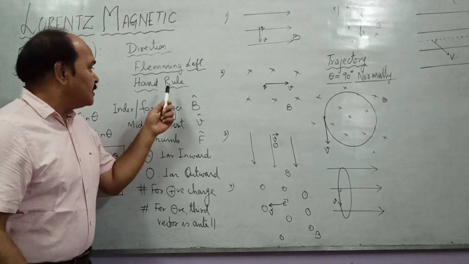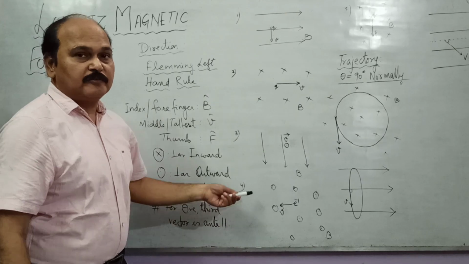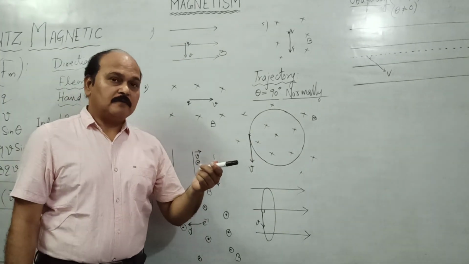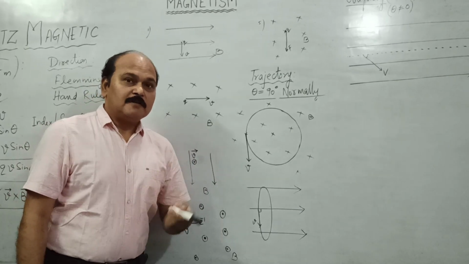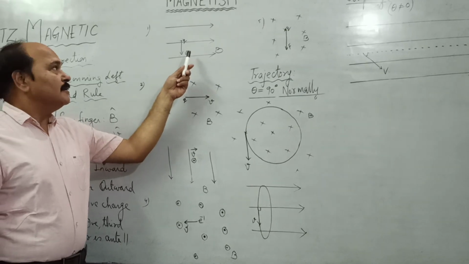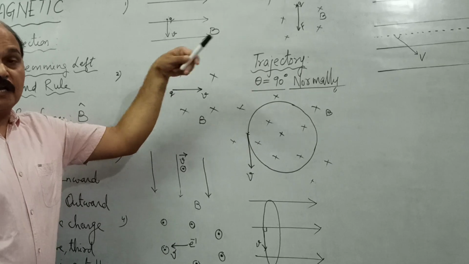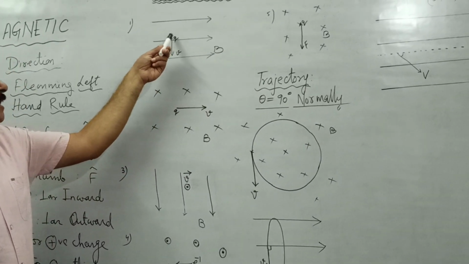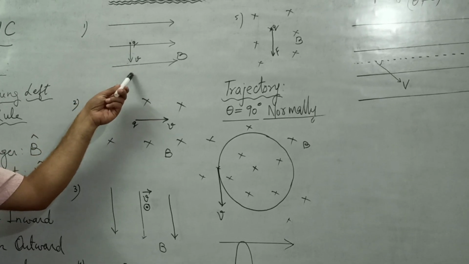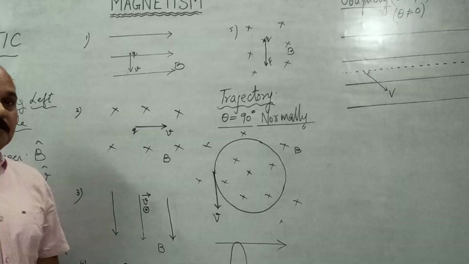So let us understand this Fleming's left hand rule better with the help of some examples. Children, you have to work out these examples on your own, and if you do it right now, you will learn it instantaneously. So the very first example: the magnetic field is towards right, and we have a charge moving in the direction as shown in the diagram. This is of course a positive charge, moving like this. So what is the direction of force acting over it?